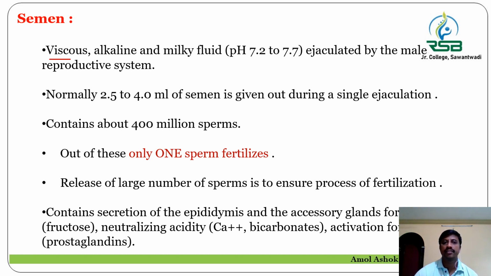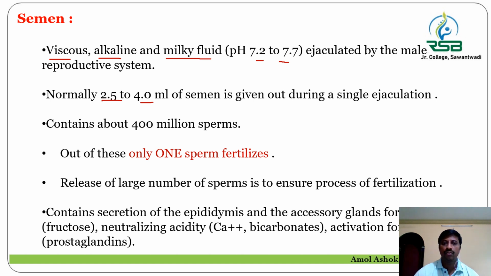It is a viscous, alkaline, milky fluid having a pH of 7.2 to 7.7, and it is ejaculated by the male reproductive system. After each single ejaculation, the volume of semen is about 2.5 to 4 ml,